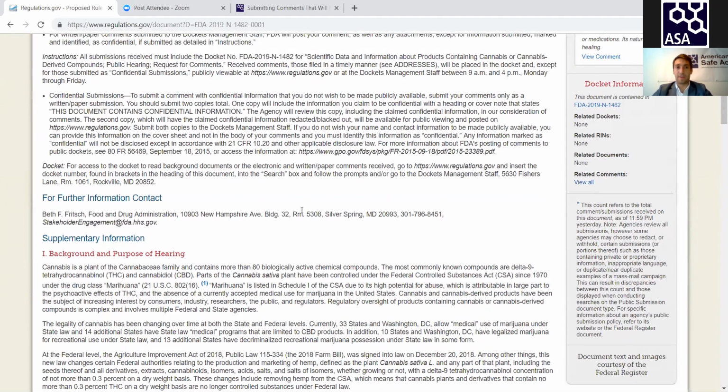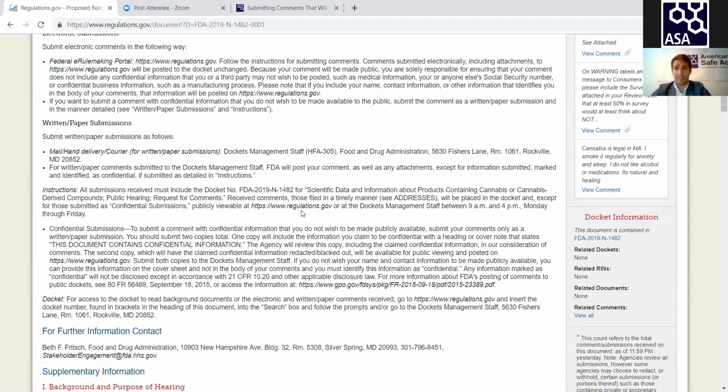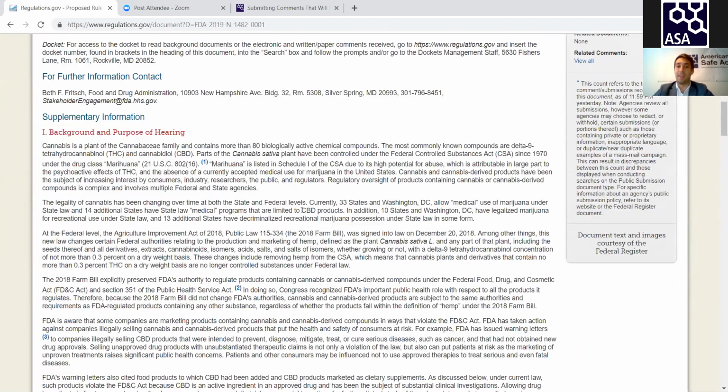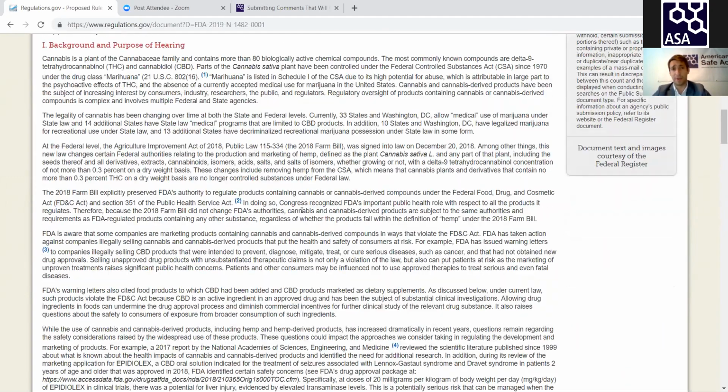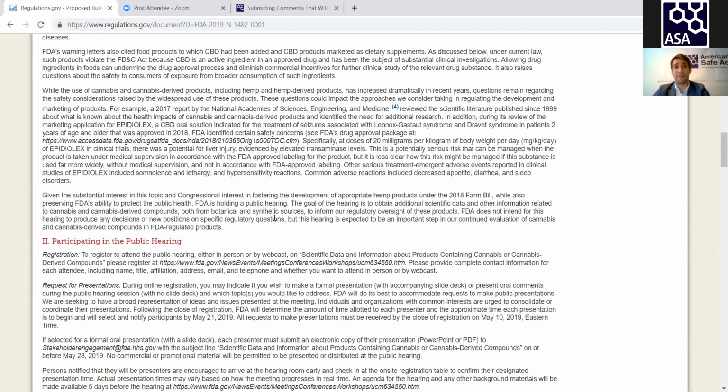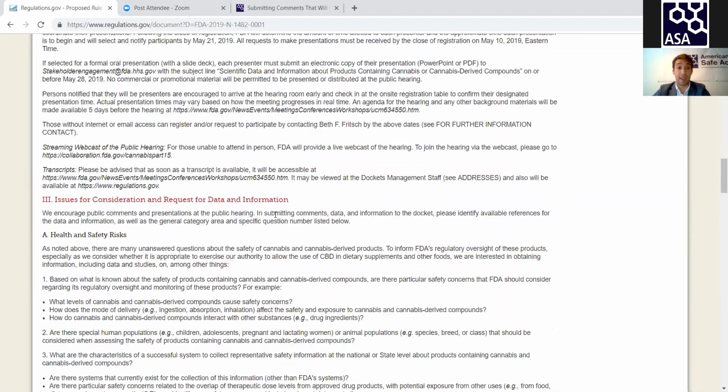Unfortunately, with this call for comments, the FDA is not necessarily looking for personal stories or how CBD or THC has personally improved your life. They're looking for data, they're looking for well-published information, and the personal stories that we tell on Capitol Hill may not get us as far in this comment process as, say, scientific information or direct references to state laws might.